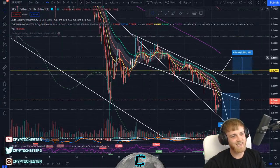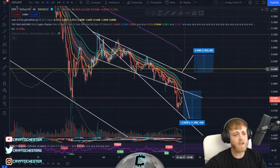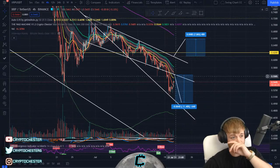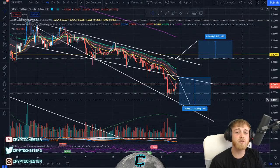So as you can see here, it looks like a parallel channel, but it's more of a falling wedge pattern, I must say. This was the measure move to the top side. This was the measure move to the downside, right? And now we are coming up for that retest as well. As I was saying, this is quite the same sort of scenario coming through on a lot of the charts, just because